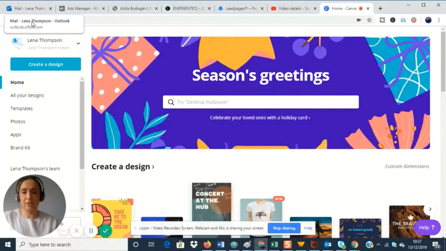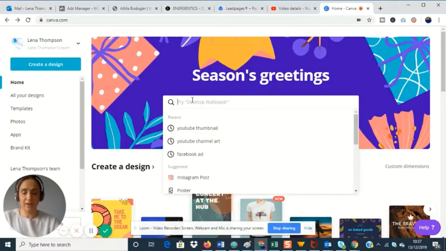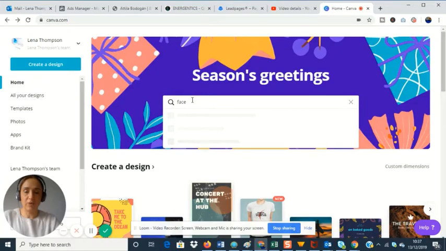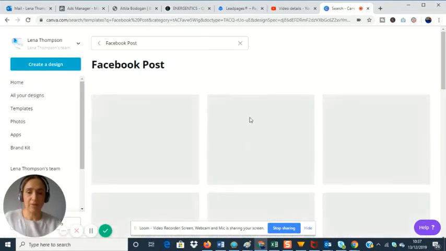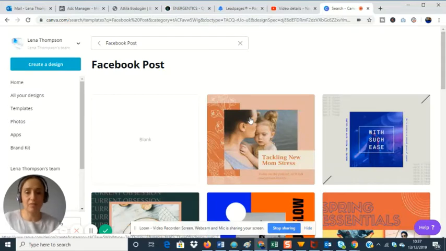So you see, once you're registered for Canva, you come here and let's say you want to do a Facebook post. You click on here, and the brilliant thing is that it's in the right dimension, because there's nothing worse than putting a lot of effort into a design, and then when you upload it to Facebook or YouTube, the dimensions are all messed up and you look quite stretched. So on a Facebook post, you can just click on blank, and that will open up a new design window,